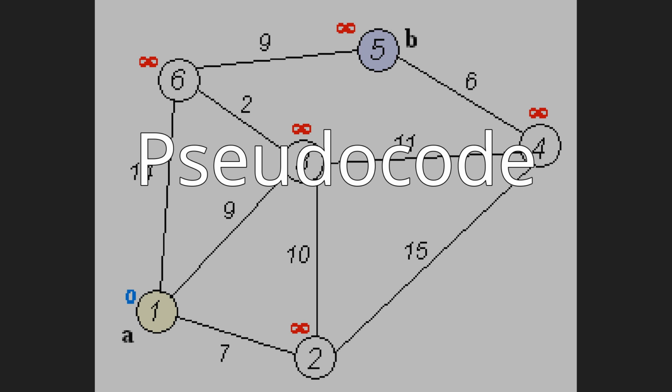1 function Dijkstra(graph, source): 3 create vertex set Q; 5 for each vertex v in graph: 6 dist[v] = infinity; 7 prev[v] = undefined; 8 add v to Q; 9 dist[source] = 0; 11 while Q is not empty: 12 u = vertex in Q with min dist[u]; 14 remove u from Q; 16 for each neighbor v of u still in Q: 17 alt = dist[u] + length(u, v); 18 if alt < dist[v]: 19 dist[v] = alt; 20 prev[v] = u;